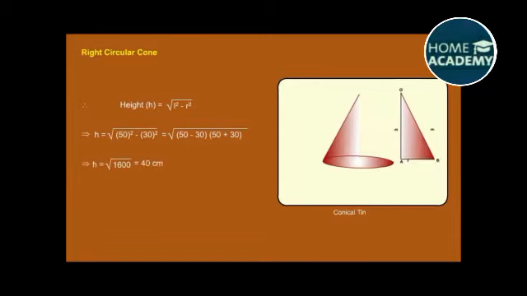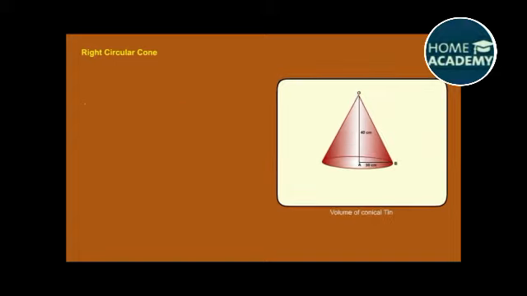Implies that h is equal to under root 1600 is equal to 40 centimeter. Volume of the conical tin is equal to 1 upon 3 pi r squared h is equal to 1 upon 3 into 3.14 into 30 squared into 40 centimeter cubed